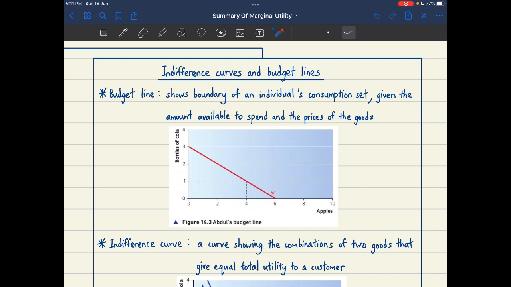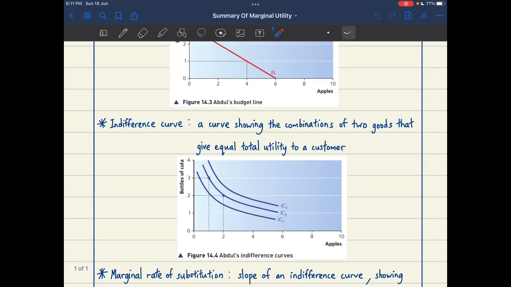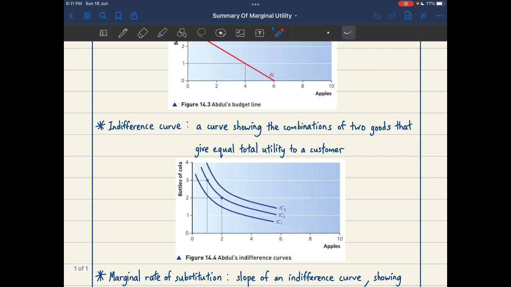It's something like PPC, but it's for consumers. The consumption possibility for one person. All right. And then the indifference curve, you can see that the indifference curve is basically curved, and then it's actually used alongside our budget line, which we'll see later. It's basically the curve showing the combination of two goods that give equal total utility,